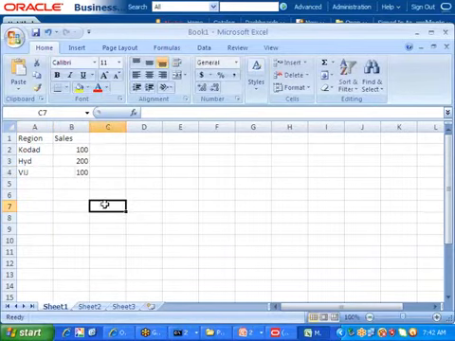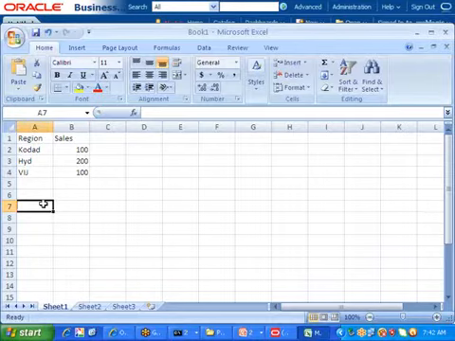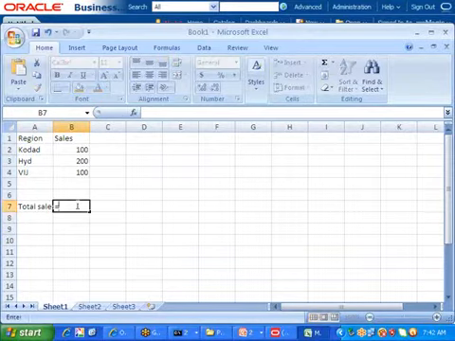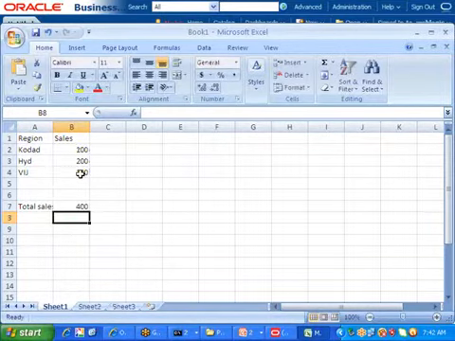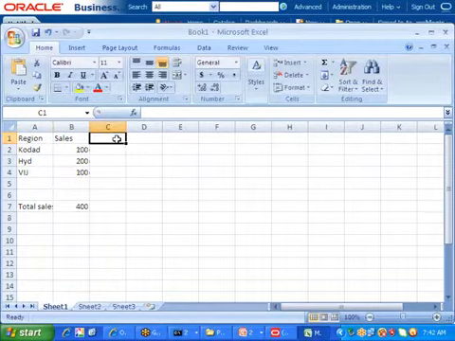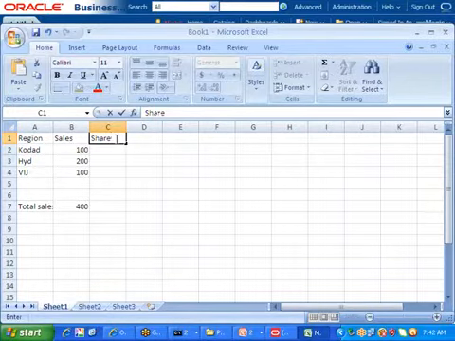Now, if I ask what my total sales is, what, sir? My total sales equal to the sum of all these things, right? The sum of these 3 things gives me my total. That is 400 rupees. Now I want one more column here. What I want is a share column. Percentage of share. Not only share, it is a percentage of share.